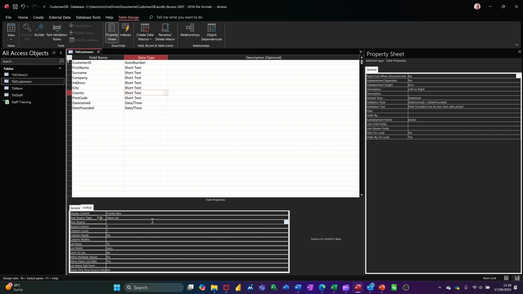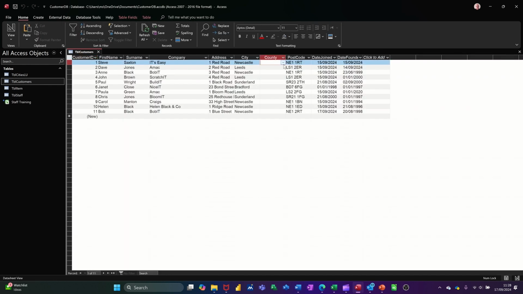So the lookup's going to be Tyne and Wear, semicolon, and then West Yorkshire, like that. And then I'll save that and make sure that works and have a look. So now I've got my drop down list, and I can select it. There you go. So what I need to do now is I just need to type T, Tyne and Wear,